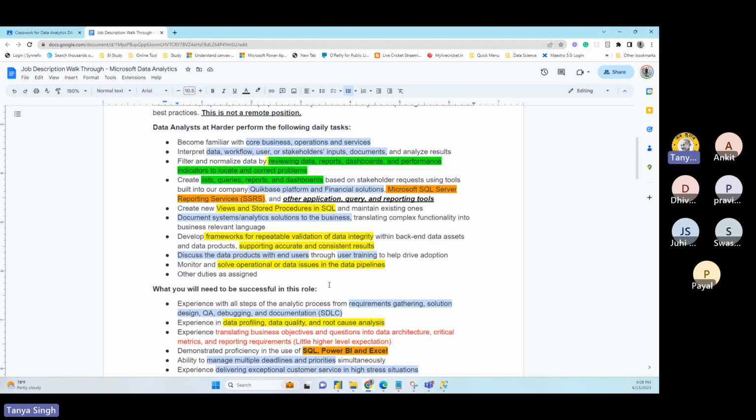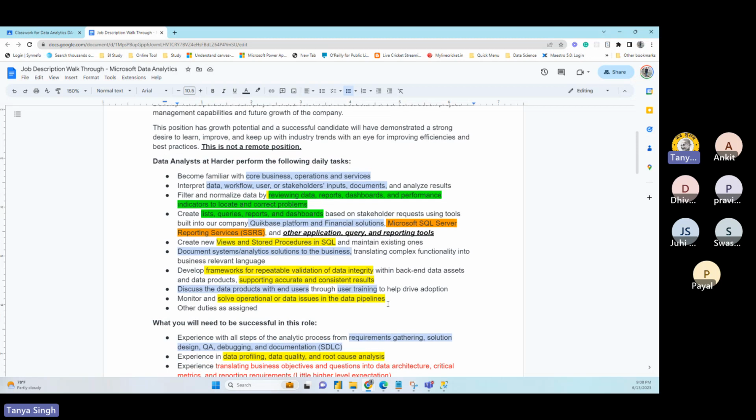But if you don't know it, any other tool also works. The reason is, once you know how to drive a car, you can switch to any model. There will be a little learning curve, but you can easily drive any car. The same concept is applicable here.